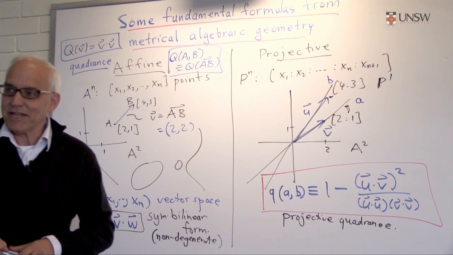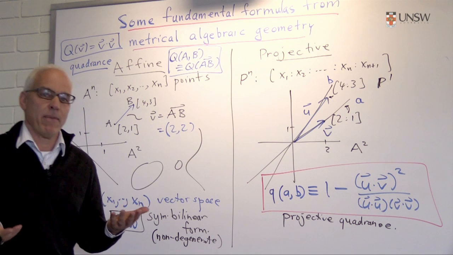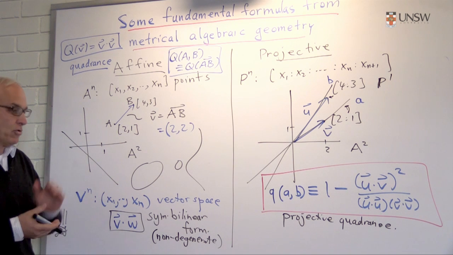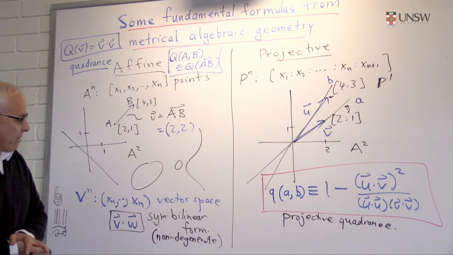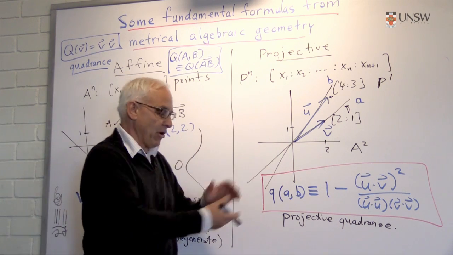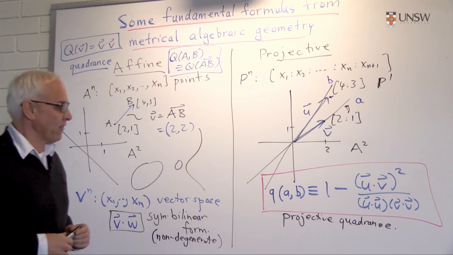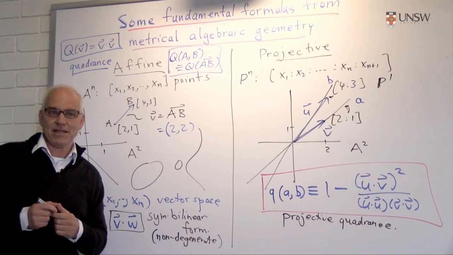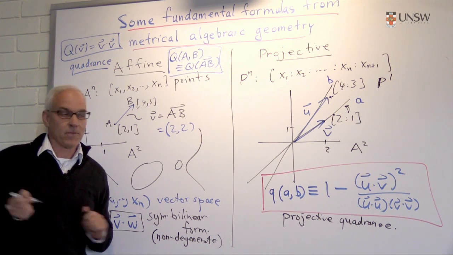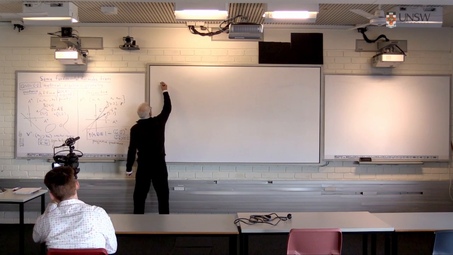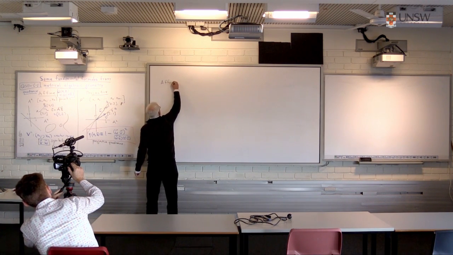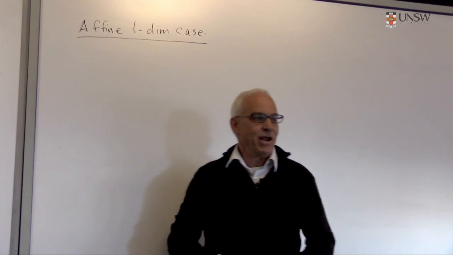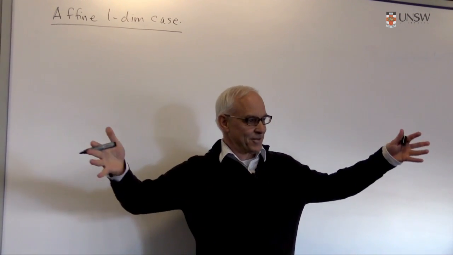Okay, so what we're interested in doing is trying to establish what are some of the fundamental formulas in this subject, just at this level, where we're working with these two notions. And I'm going to talk mostly today about the affine situation. At the end, I'll probably have some time to mention that there are analogs of what I'm going to talk about in the projective setting, and that's quite interesting. But we'll see that there's already quite a lot to be said in this affine setting. So let's turn to the affine one-dimensional case. It's perhaps a little bit unusual to start with one dimension, but I like to start at the beginning of things and to do things completely.